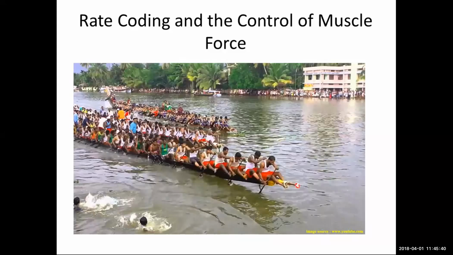If you have not seen, they will keep on rowing faster and faster, right? That is, they will be giving an impulse, right? Every row will be considered an impulse, so they will keep on giving an impulse so that the boat is moved, right? So a rate coding is basically